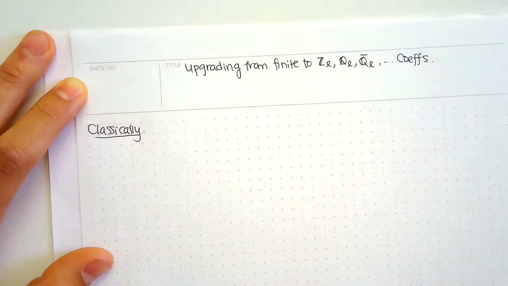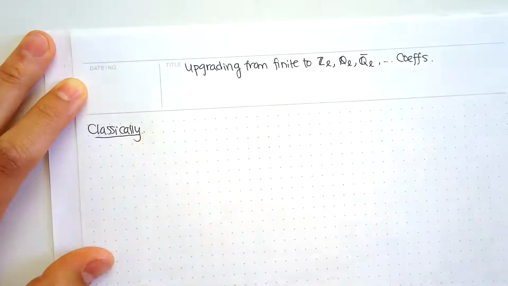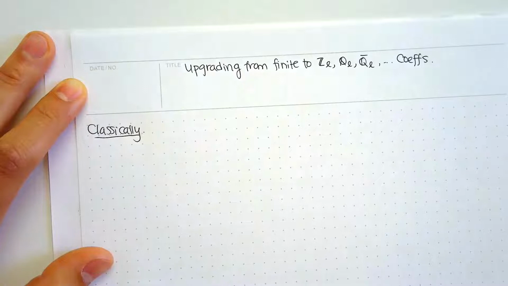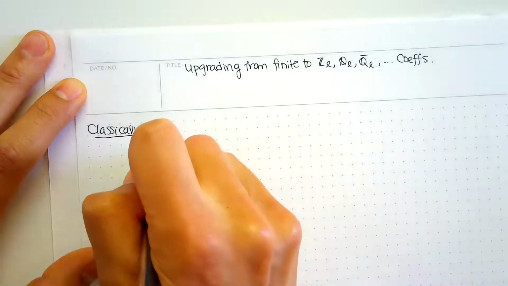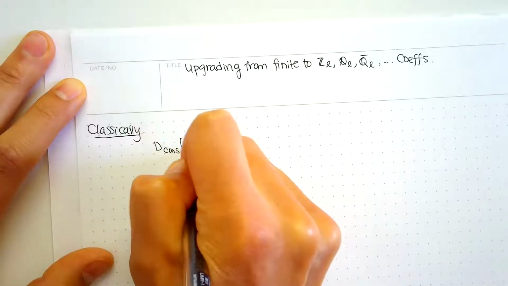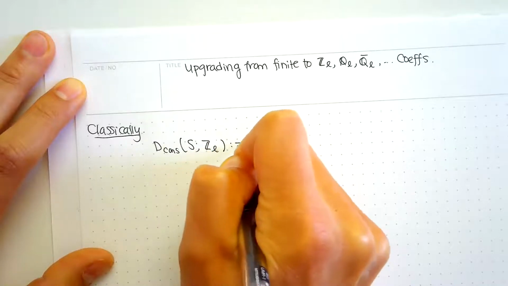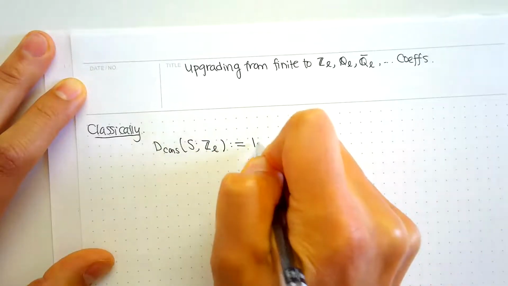So you want to somehow encode that. And maybe you say, well, Z_L is the inverse limit of Z mod L^n's. So you define it